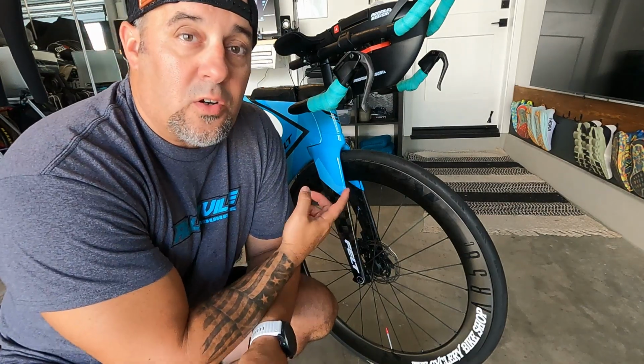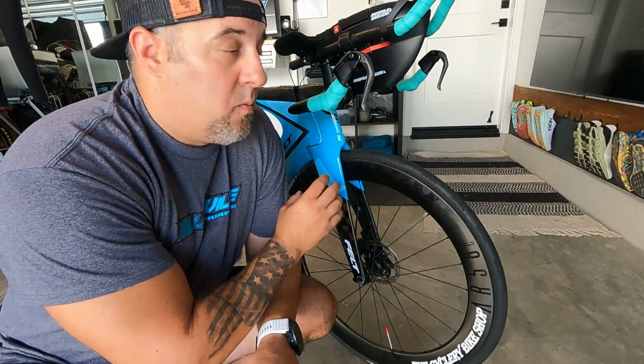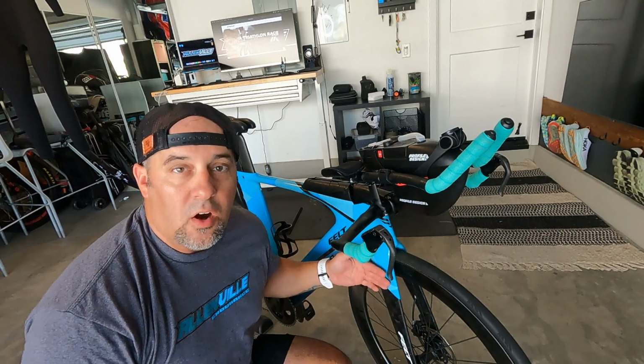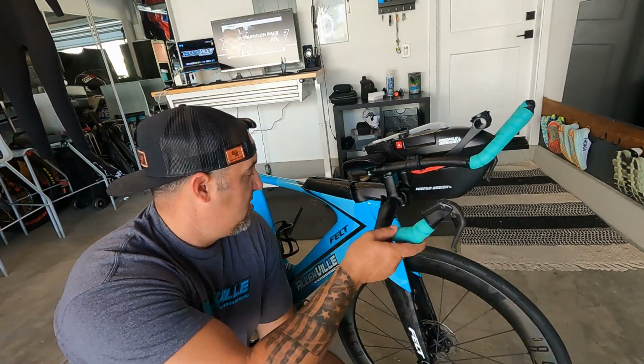But on a road bike or a triathlon bike like this, the simple friction brakes that were there before work perfectly fine. So again, if you're out there and you're looking at bikes, don't let this be a deciding factor. So one thing about the Felt IA bike, this bike is fully carbon fiber, which means lightweight, fast, strong,